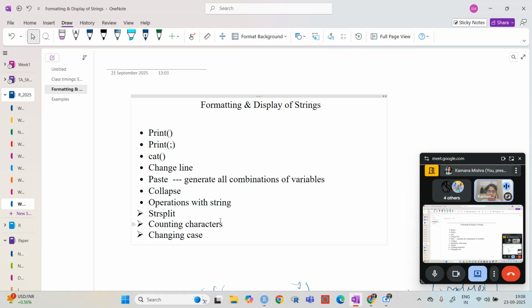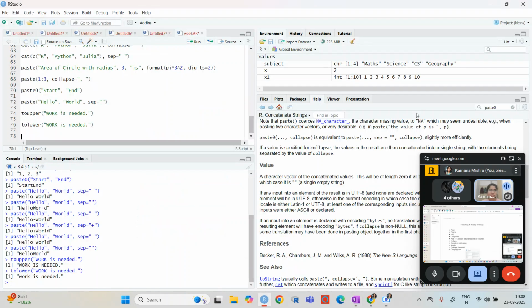We can do a string as well as a numeric value in concatenation and all. So the next we will see is strsplit.